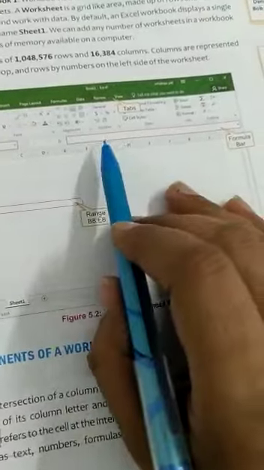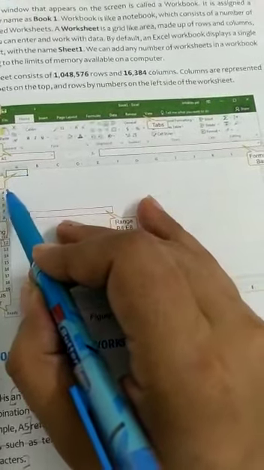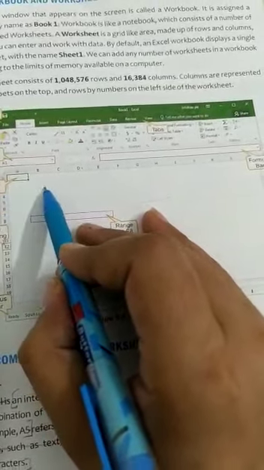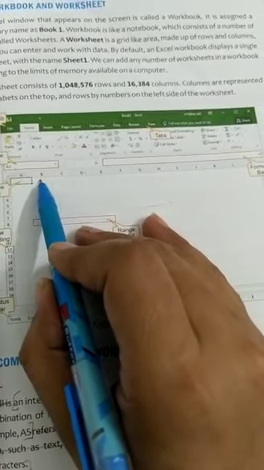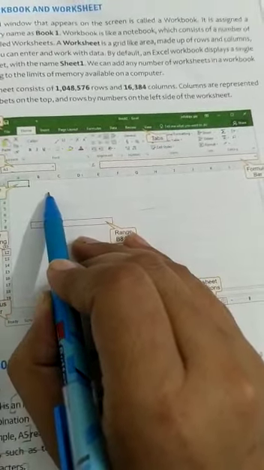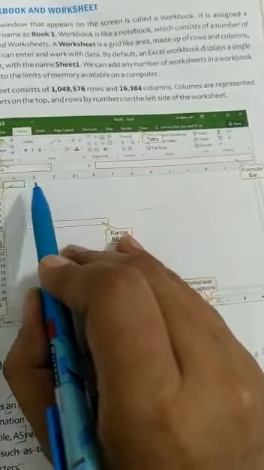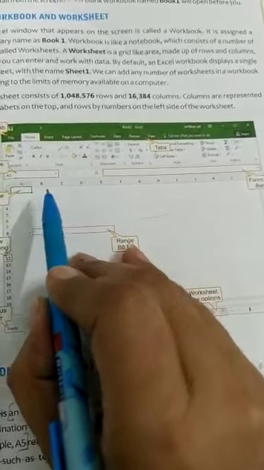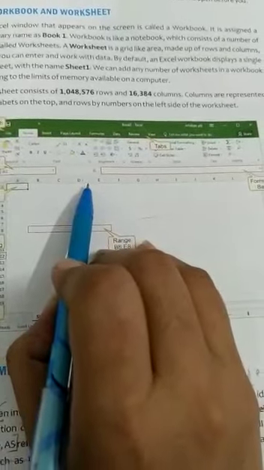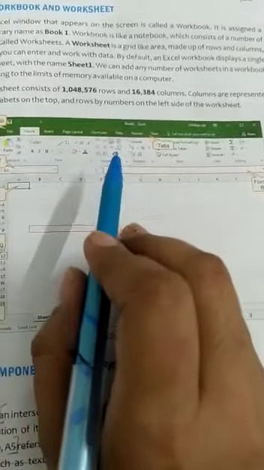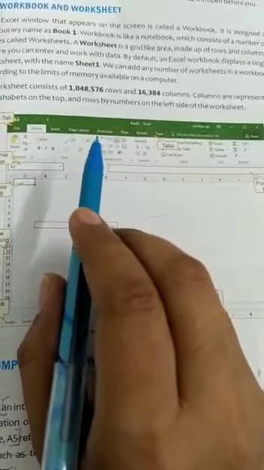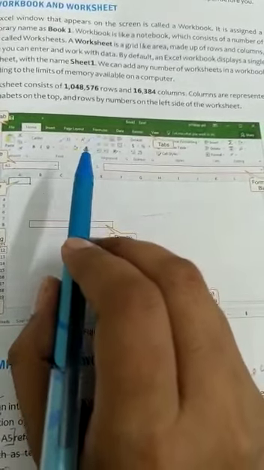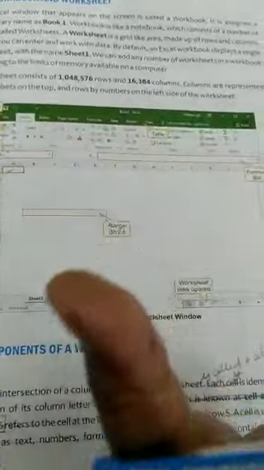For example, if you are giving a heading or you are writing the name of the student and the name is lengthy, it will not come in just single cell. So you need to merge two cells for the name column so that your names will become in a single cell, and you are doing merging and center feature. Through merging you are combining two or more cells to fit your data, and center button will allow you to enter the data in the center position of both the cells.